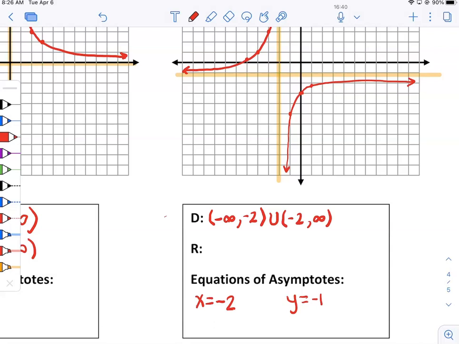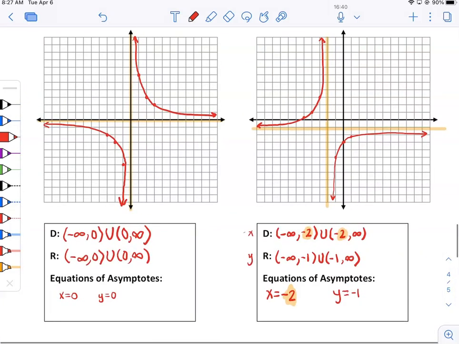So again, domain goes along with your x, range goes along with your y. And you're just filling in the equation of the asymptote. That part goes right there. Okay, so that's why the asymptotes are the first thing you want to do, just for graphing and for your domain and range. So likewise, the range is everything except y equals negative 1. So we have our hole here at negative 1. Any questions about